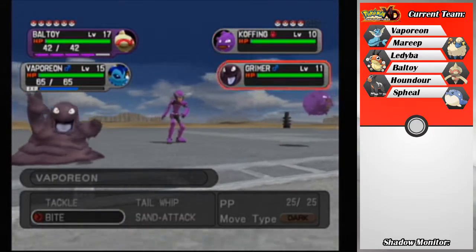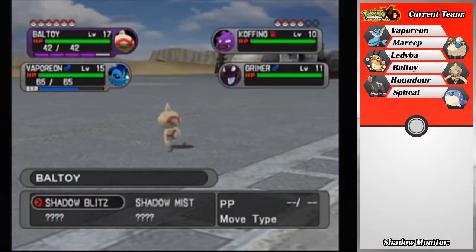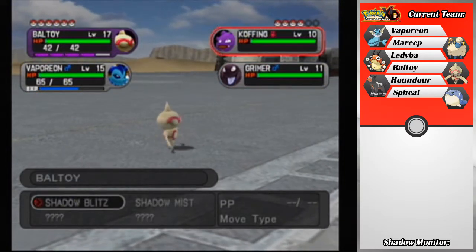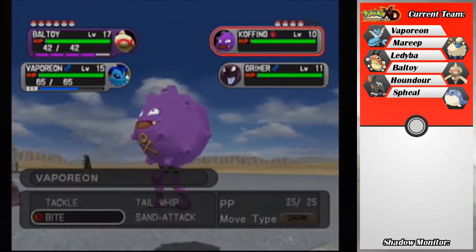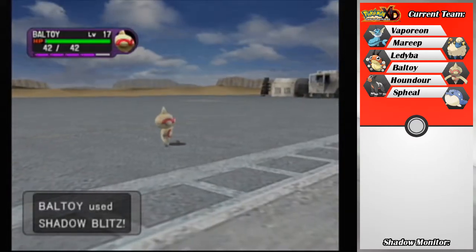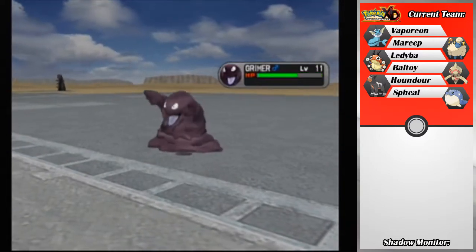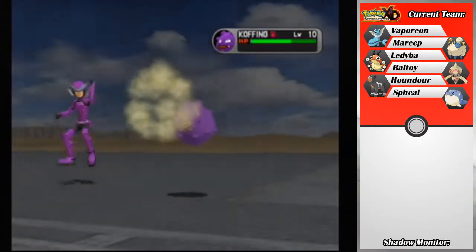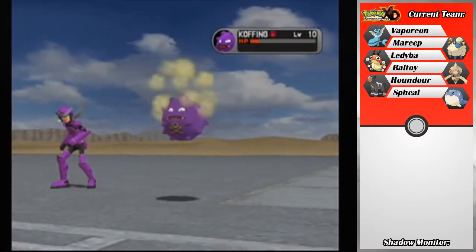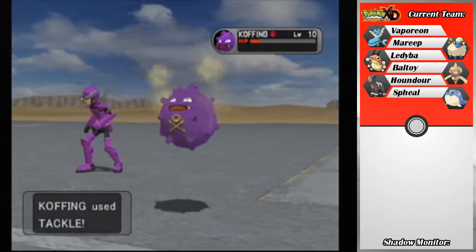I guess we'll go for... What did I attack with? Okay. I'll just redo Baltoy's turn to make sure I know who I'm attacking. I guess I'll Shadow Blitz the Grimer and try to bite the Koffing, see if I can take it out since it's lower leveled. Ooh, Grimer's bulky. Actually, Koffing is not too shabby on the defense. Oh man! So close. It's gonna use Tackle...